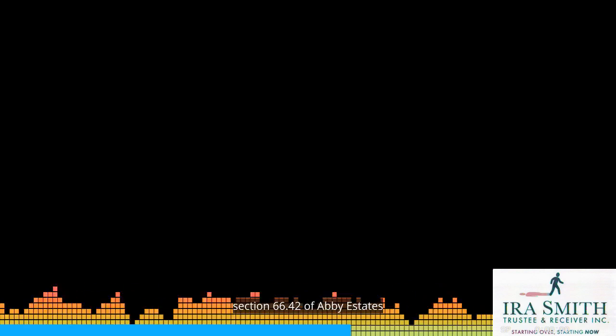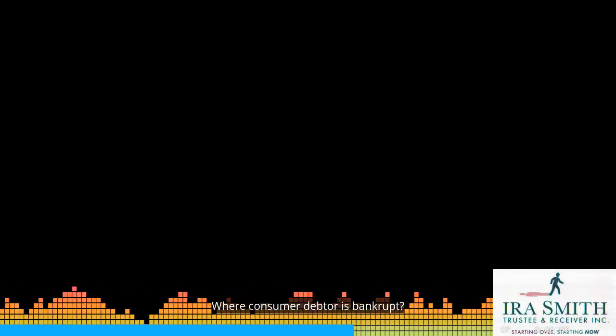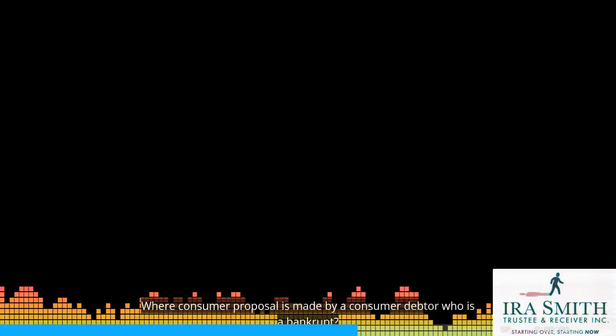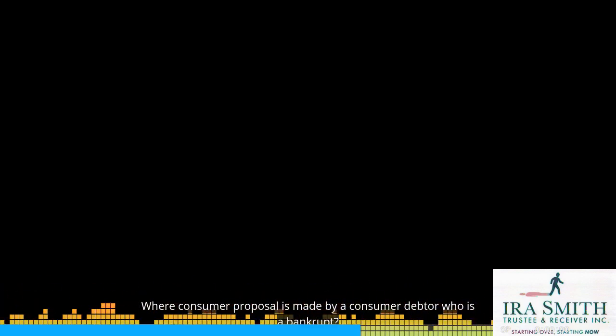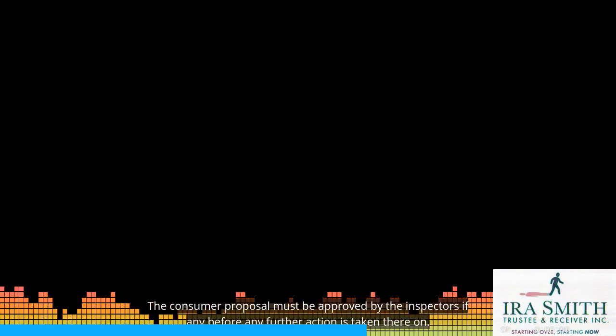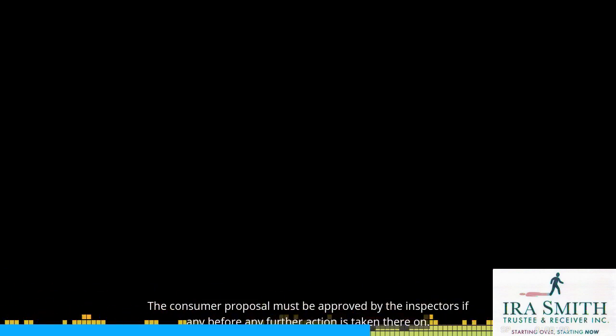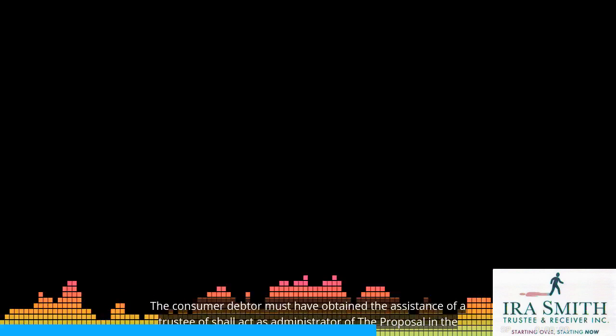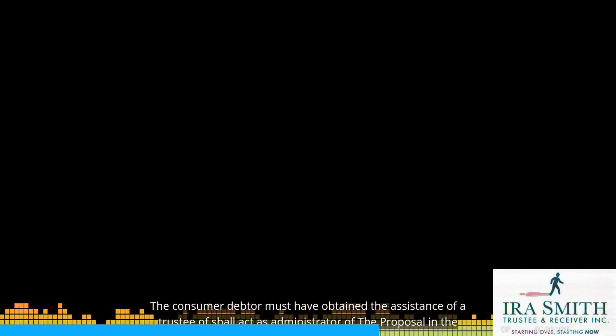The court's analysis. Section 66.42 of the BIA states: where a consumer proposal is made by a consumer debtor who is a bankrupt, A. The consumer proposal must be approved by the inspectors, if any, before any further action is taken thereon. B. The consumer debtor must have obtained the assistance of a trustee who shall act as administrator of the proposal in the preparation and execution thereof. C. The time with respect to which the claims of creditors shall be determined is the time at which the consumer debtor became bankrupt, and